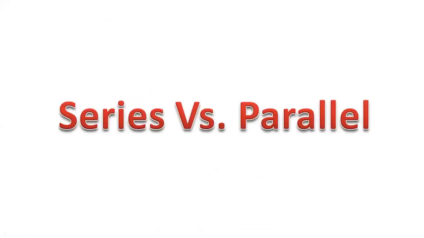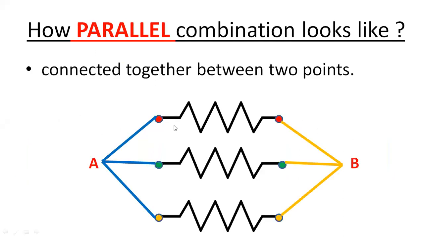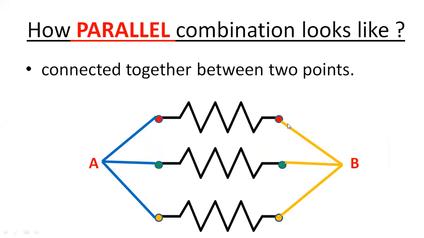Okay, now what we are going to do is compare series and parallel. What is the main difference? So basically series combination is what? End to end connection. Matlab one's end has to be connected to one's start. मतलब किसी का end किसी के start को connect करना is nothing but called as series combination. And what about parallel? Parallel के अंदर सभी start एक को connect करेंगे, सभी end एक को connect करेंगे. Series में what is the difference? Series में एक का end एक के start को, either all the start on one side, all the end on one side. That is the basic difference.